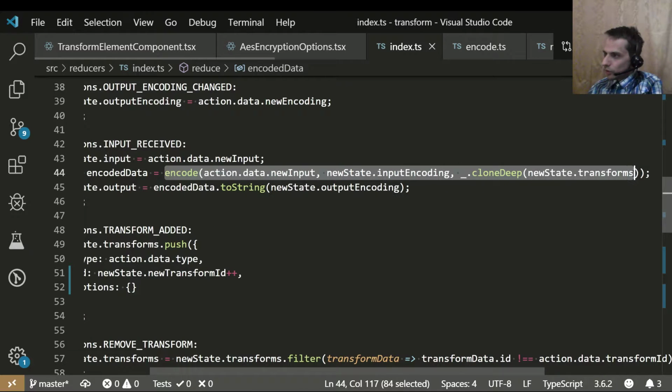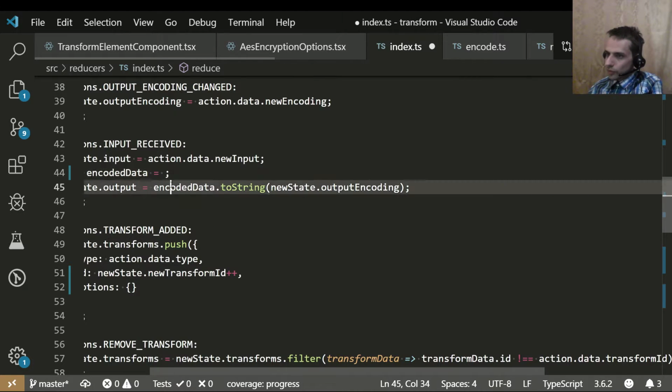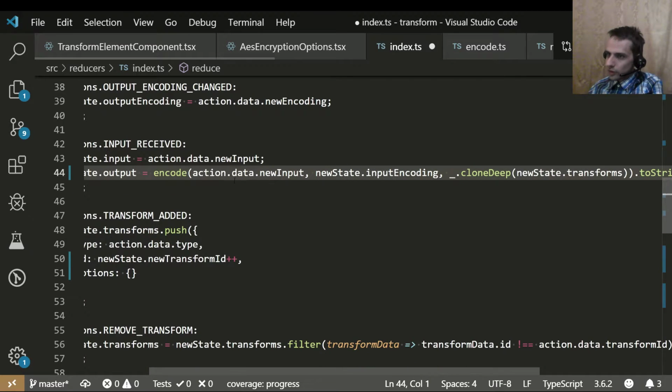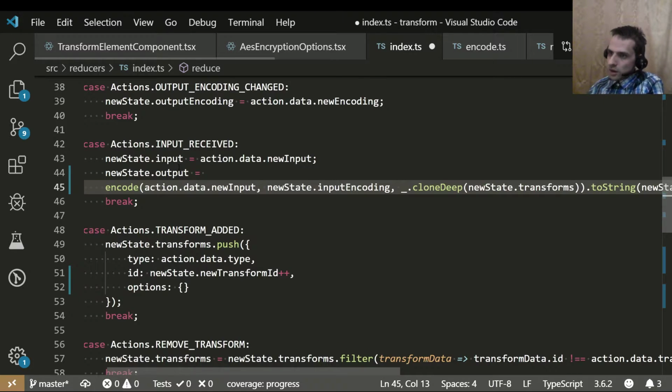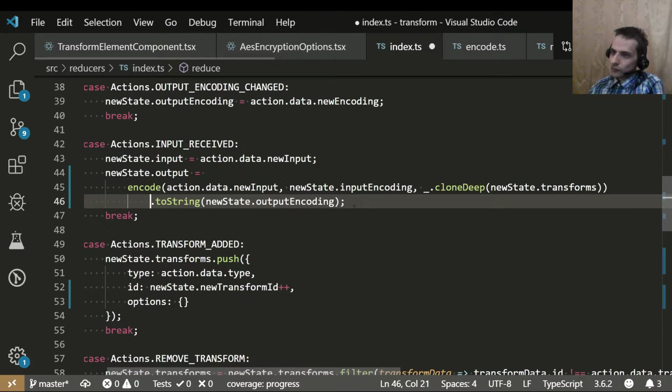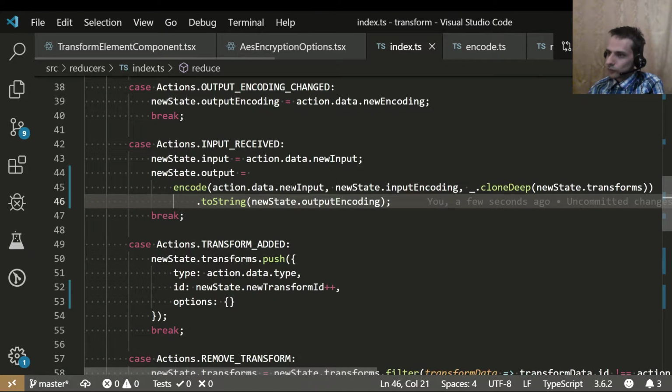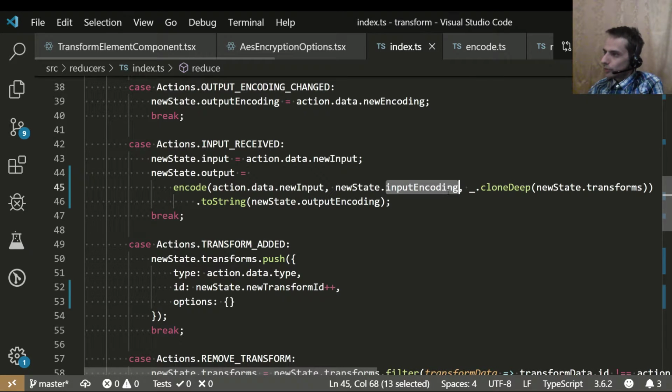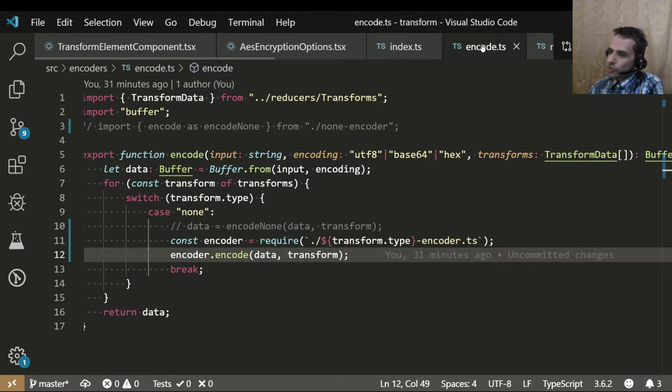First of all, encode should be as simple as, it should be just one string, I think. So encode new input, input encoding, and transform, right? So this should run our,